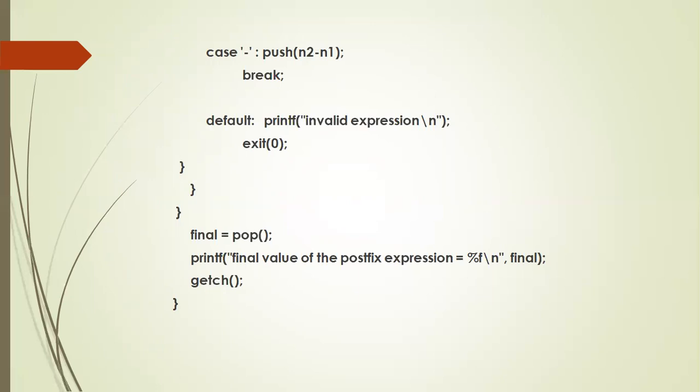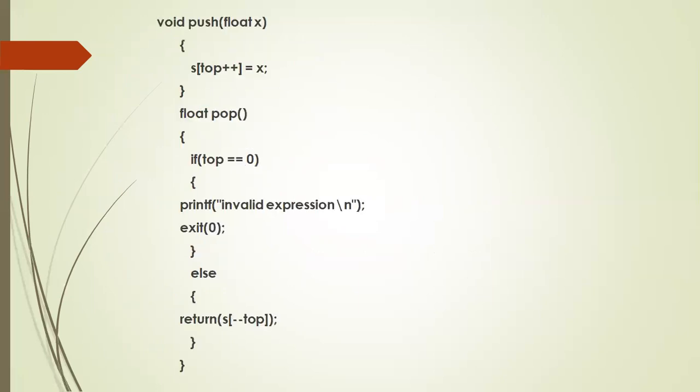So now what happens is, first P of 0 is 5, that is pushed. Next P of 1 is 3, that is also pushed. Next, suppose plus comes, means now 5 plus 3, 8. 8 is already there in your stack. Now finally, call the pop function again. Now when you call the pop function, it will pop 8. So 8 is stored in final display. Final value of the postfix expression is 8.